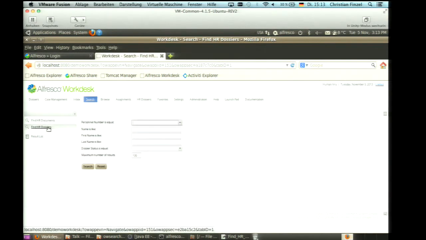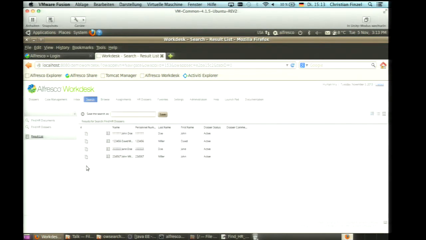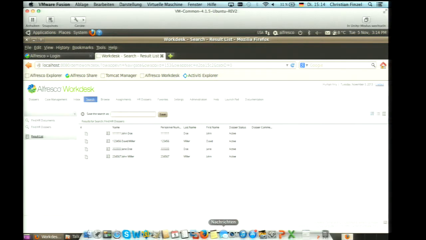Okay, the second example here is the find HR dossier or find e-file search template. It's again similar. You can provide some search criteria, some operators, and when you execute a search, you get a different result. In this case, you get these so-called e-files. And that's the next part of our talk today. The first use case was about searching for documents, and this one here was now searching for so-called e-files. And let's jump back to our presentation,